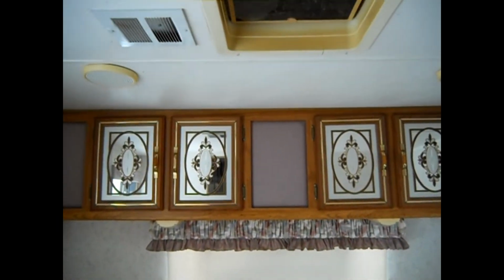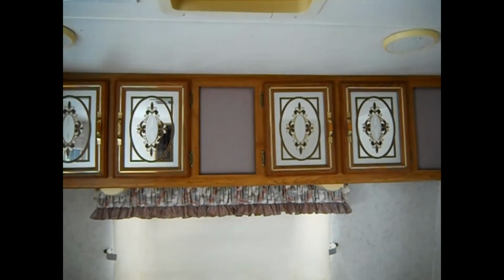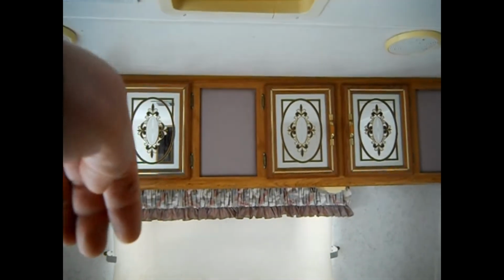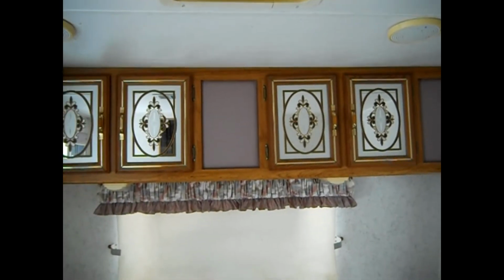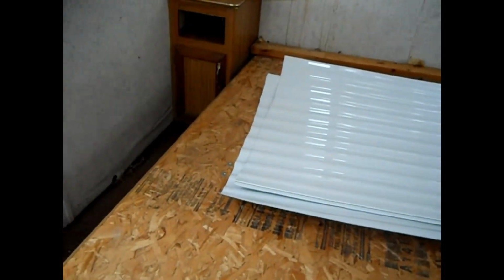Once I get that cabinet out, that ceiling panel, and again you can see a seam right there. Those two speakers have to come out, and that ceiling panel will come out, and that wraps down over the back wall where the back wall and the roof meet, so those will both be gone. And then depending on time and space, I'm not sure where I'm going to throw this stuff away at, but the carpeting in here will come out because the floor,